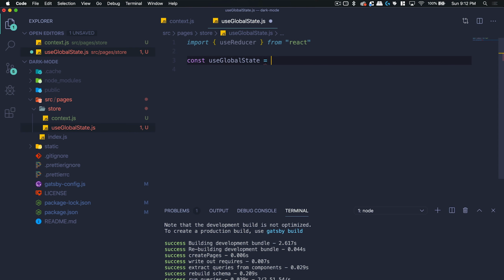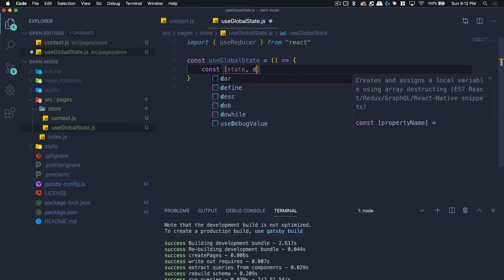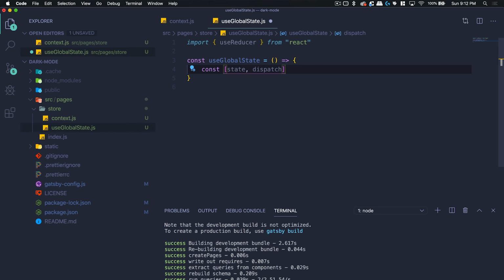And this is going to be an arrow function. And in here, we want to go ahead and call useReducer. So that's going to be similar to how we do useState. We're going to be using array destructuring. The first value is the name of our state. And then here we can pass in dispatch. Now dispatch is what we're going to call on an action type in order to do something to the state. Now that's going to make a lot more sense here in just a few minutes, but let's go ahead now